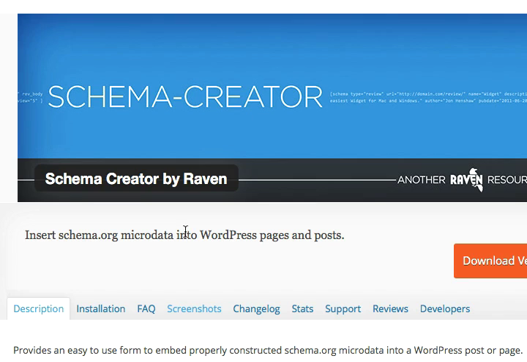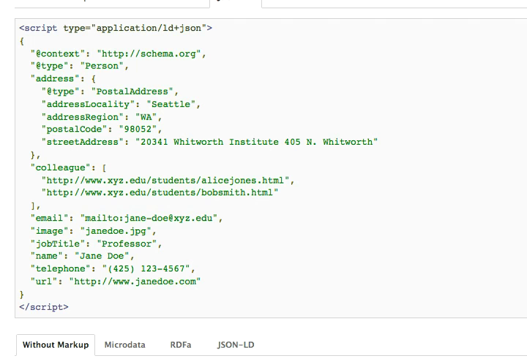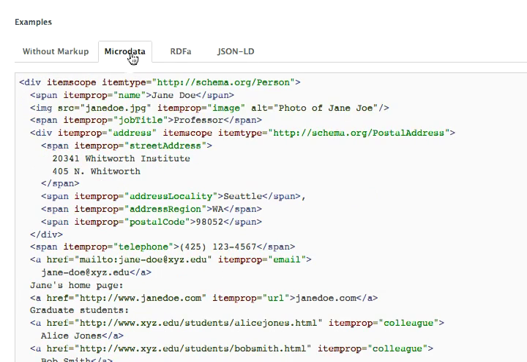It does use microdata and not JSON-LD, but if you don't have a developer to help you with JSON-LD, and you're looking just for ease of use, then Schema Creator is still a totally valid plugin to use. So you may see this in a lot of videos I have about structured data and schema, and it's okay to still use this, but you should know that it uses specifically the microdata format. If I go back over here, it uses specifically this microdata format, while Google's preference now is leaning towards